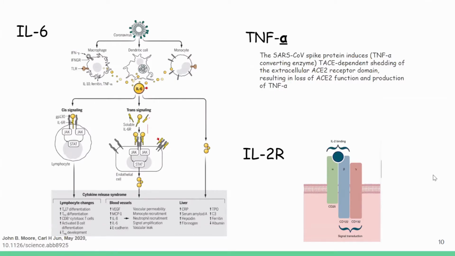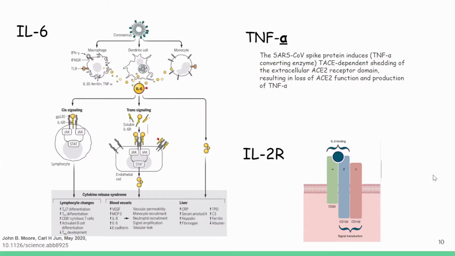It will cause the release of vascular endothelial growth factor and macrophage chemoattractant protein, interleukin 8, and also interleukin 6. One of the main proteins which maintains vascular integrity is E-cadherin, and it will reduce the amount of E-cadherin, which is related to the fluid edema. And it will alter vascular permeability and leakage, which participate in the pathophysiology of hypotension and pulmonary dysfunction in